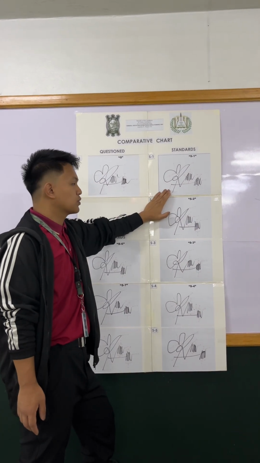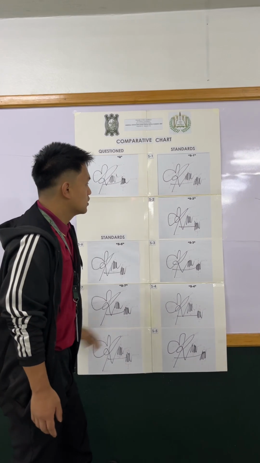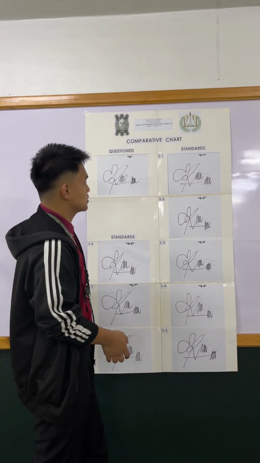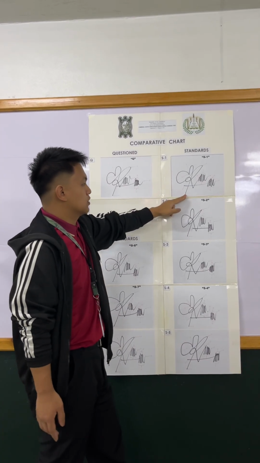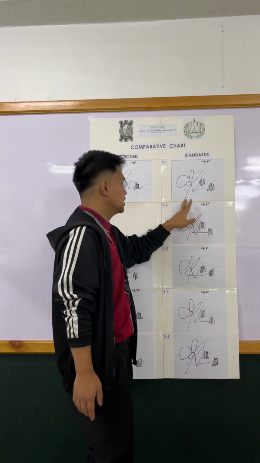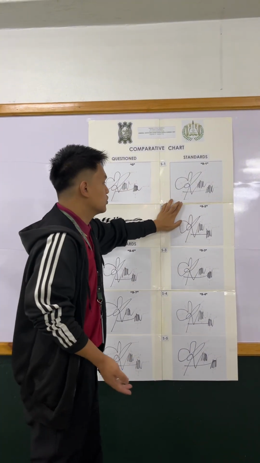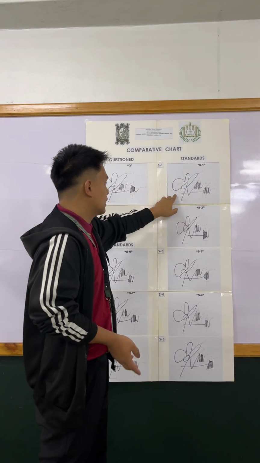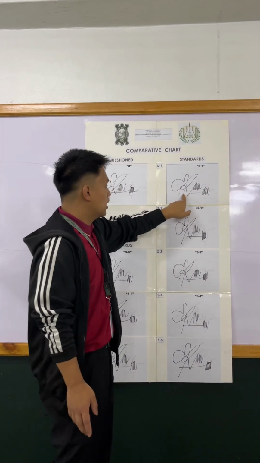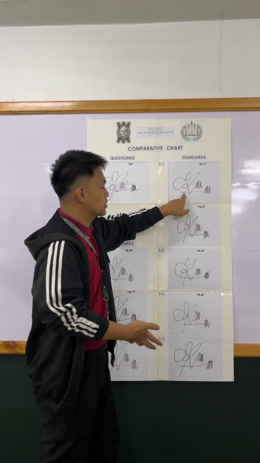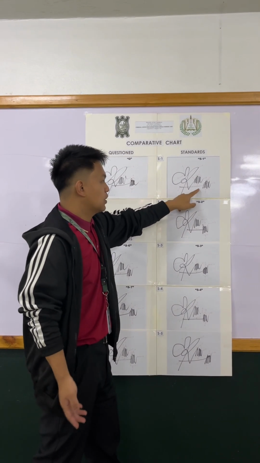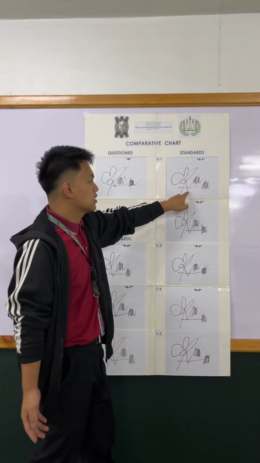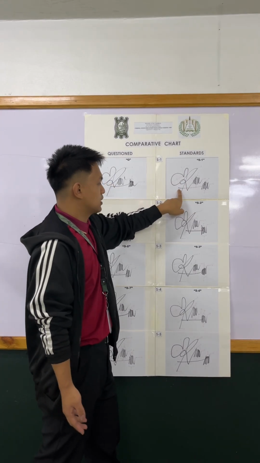So let us now proceed with the stroke structure. There are 12 stroke structures that are numbered in this signature. First, number 1, the initial stroke has a blunt formation. So it starts with a blunt formation. Next is the dominating stroke, in which the measurement of the dominating stroke is 12.5 centimeters, and the line quality is very good. You can see there are faded parts and there are thick parts.